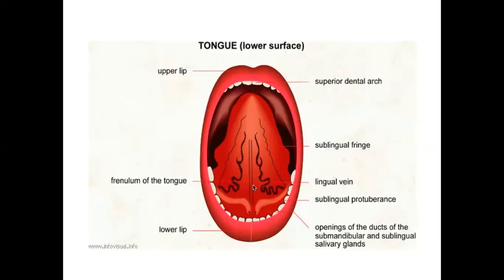On either side of the frenulum also, we can see that where the base of the tongue is touching the floor of the oral cavity, at this point you can see that there are small openings of submandibular and sublingual ducts. These openings are not very clear, we cannot make them out very clearly, but you can see small papillae. On the apex of each papilla, we can see small openings of the ducts of the submandibular and sublingual